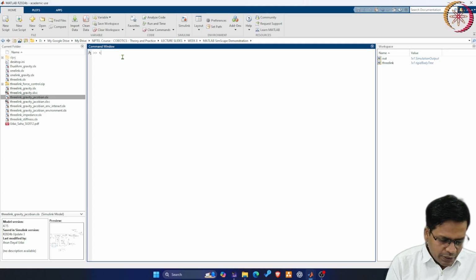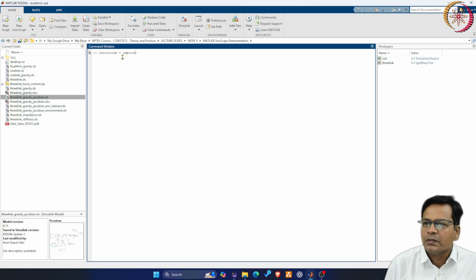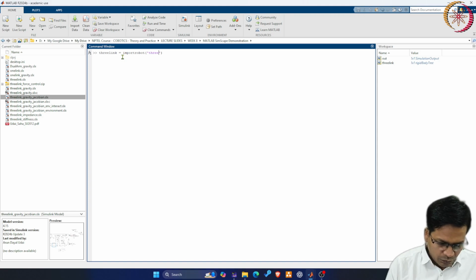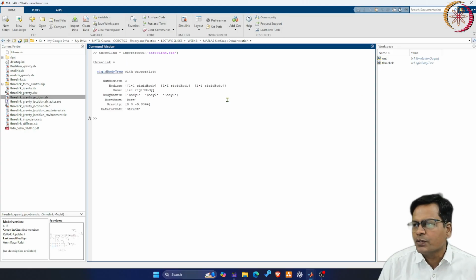So I'll call it tree link is equal to import robot. In quotes, I have taken the model name as 3link.slx. So when you do this, you can directly import that as an object in your workspace.